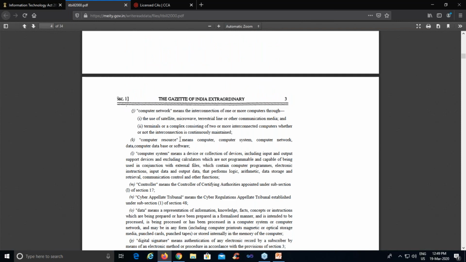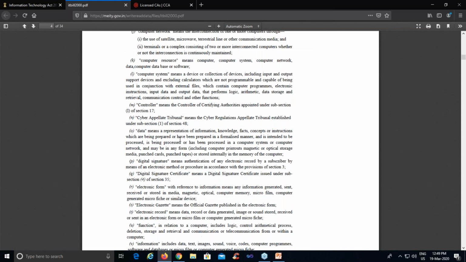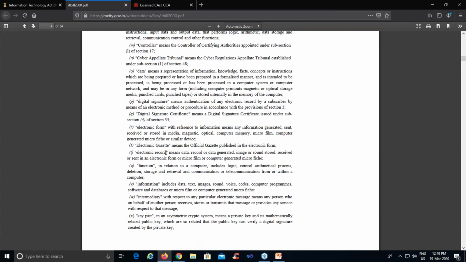So let's refer to some important terminology under section number 2(t). Under section number 2(t) of IT Act 2000, we will see electronic record. Okay, so first we will refer to what is electronic record, and then we will move ahead with e-governance and e-commerce. So what is electronic record?